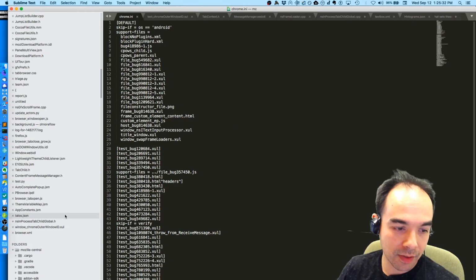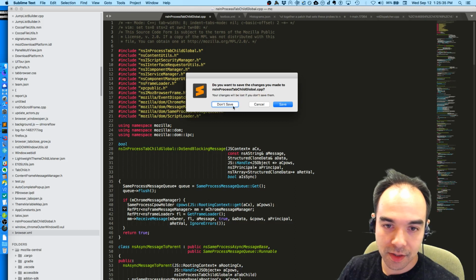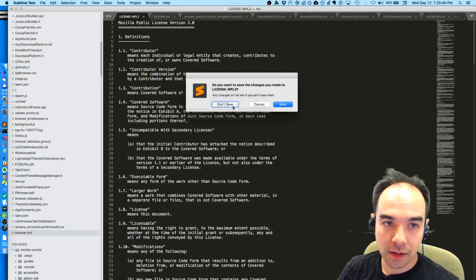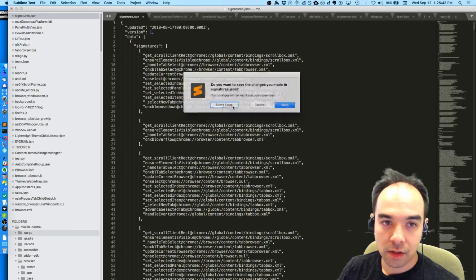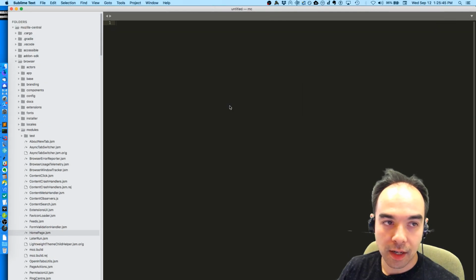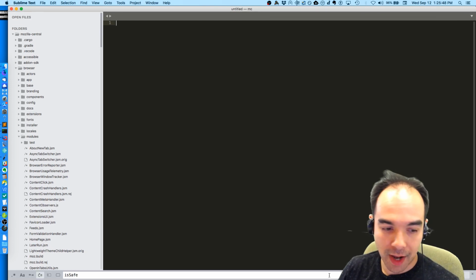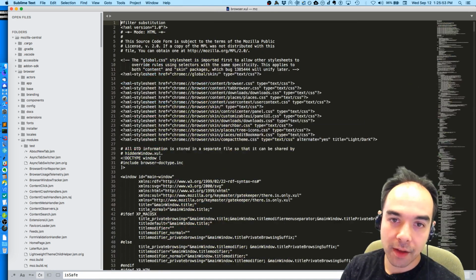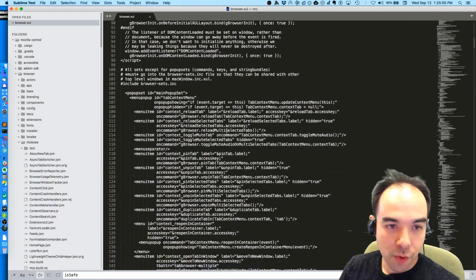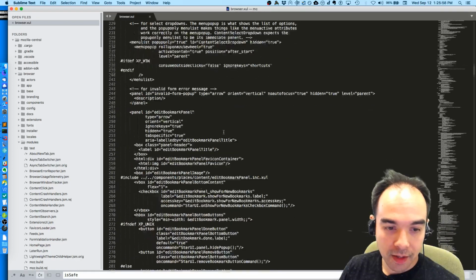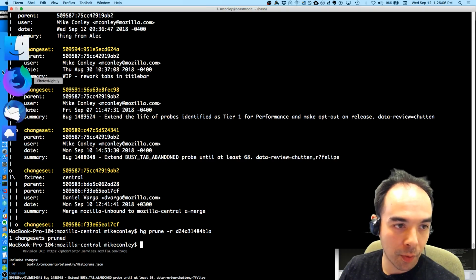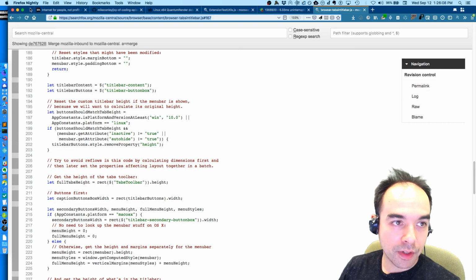I am going to clear out a bunch of these files here. Just don't need. Okay, well, we're going to start from scratch here. So what have I done so far? Well, one thing I've done is I've moved the title bar inside the navigator toolbox, because part of the problem is that when we lay out the title bar